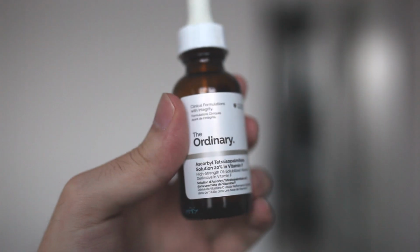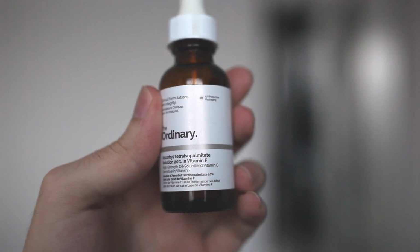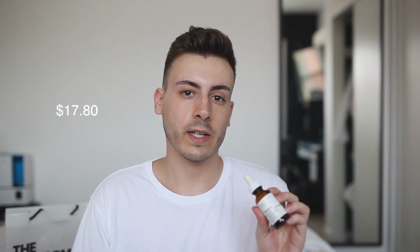So the first product I'm going to talk about is the Ascorbyl Tetraisopalmitate solution, 20% in vitamin F. This goes for $17.80 on the Ordinary website, and the reason why I shelled out the money for this is because it's an oil-soluble derivative of vitamin C. And the reason why oil-soluble derivatives appealed to me was because